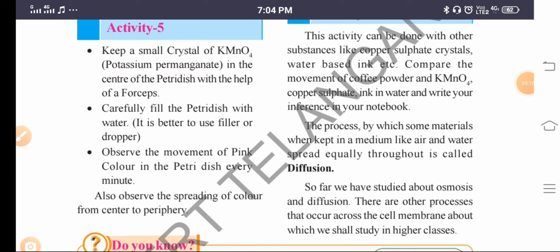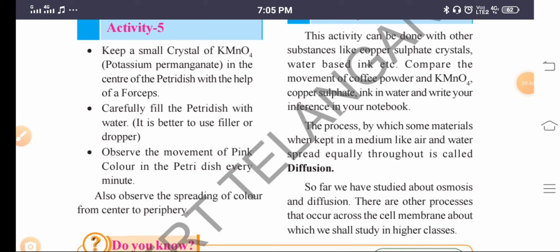Take a wide bowl and pour the water, take the particles of coffee powder and leave one particle into that bowl, and it will slowly go to the bottom of the bowl, and it will dissolve slowly and spread its color through the water after some time. So this is called osmosis.